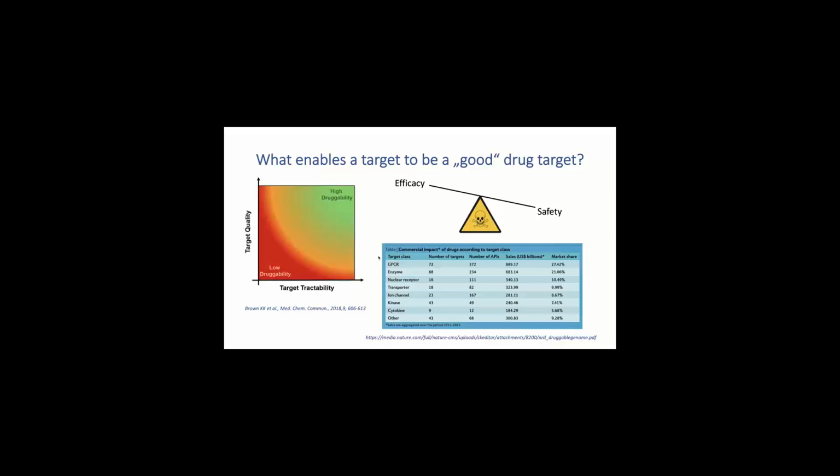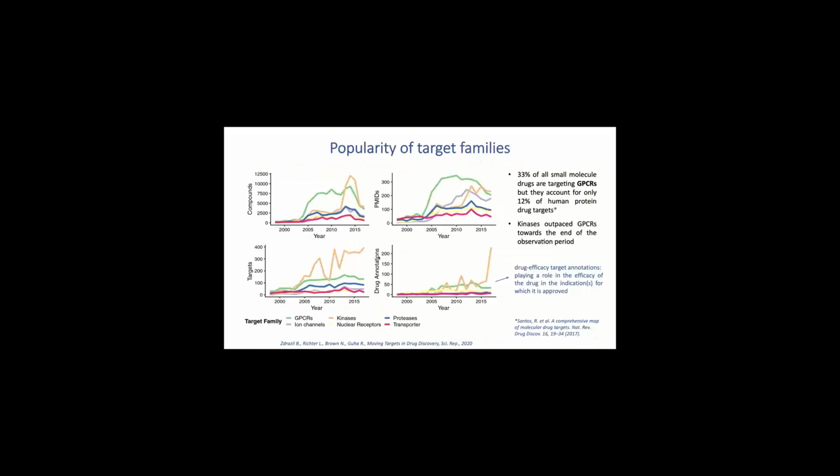And then there are other factors that I haven't even listed here, which I read about, funding, for instance. So funding also seems to be biased. There seem to be more grants going out for certain target families and not so much for others. So we also wanted to look into this a bit more on a higher level, really looking at the popularity of target families over time. And we thought about what could be good measures to characterize attention here.